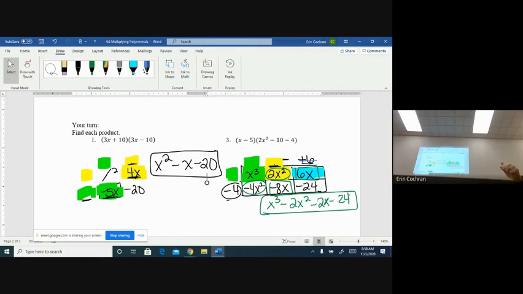Binomials. Then the distributive property and the table can be used for either binomials and binomials, binomials and trinomials, binomials and polynomials, whatever, okay? The table and the distributive property can be used for anything. FOIL can only be used with binomials, okay? So real quick, I want you guys to do just example your turn 1 and 3,